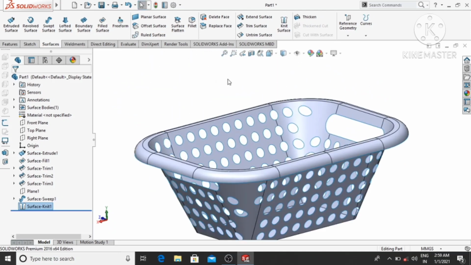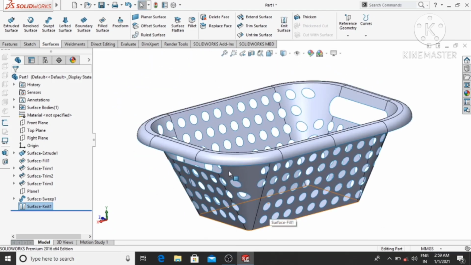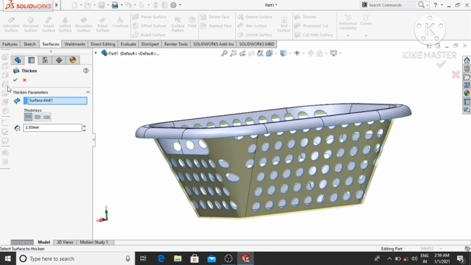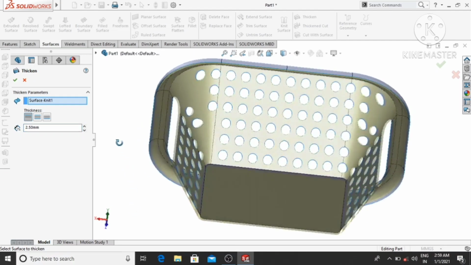So here we make the thickness, select the thickness and make the thickness 2.5 mm. Then okay.